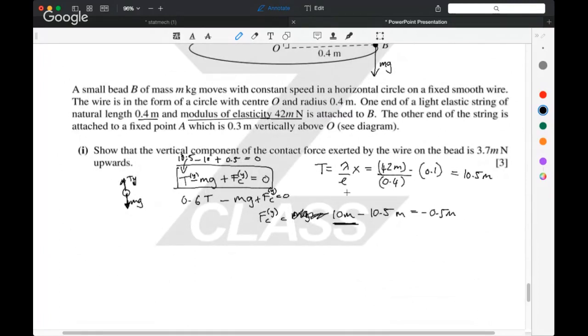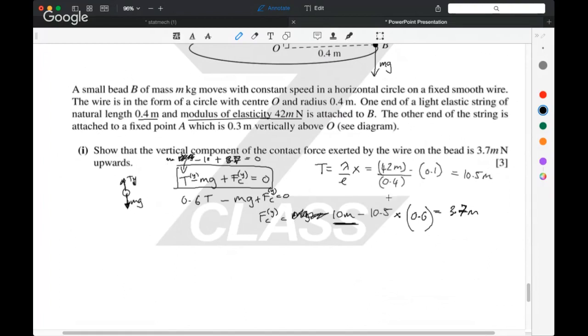So, oops, I made a mistake. This 0.5 should be multiplied by 0.6. Right, so there you go. So you get 3.7m. That makes sense. So that's not actually T, this is some other number, and that should be 3.7, and that